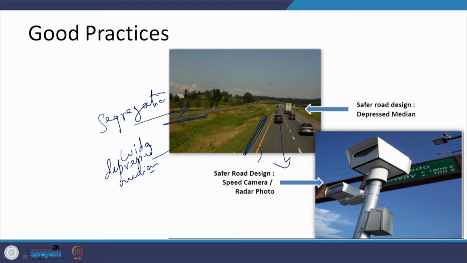The edge marking is there, and then there is a paved area. So, it should be at least 0.6 meters or 0.75 meters, depending on what category of road this is. So, this is a good type of design. On the other side, we found that the shoulders are also being provided as paved and unpaved shoulders. In another case, which is here, there is an installation of a CCTV camera